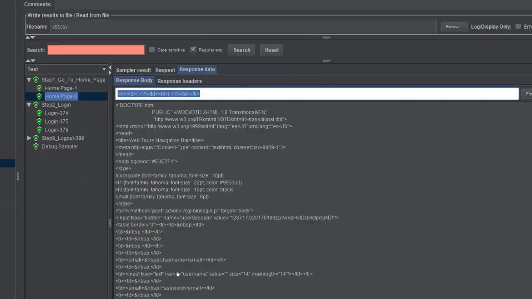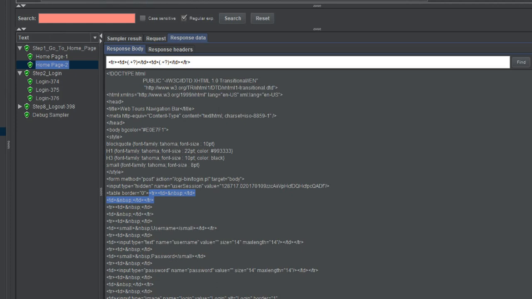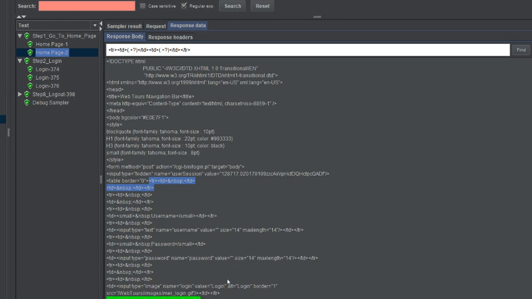Now why I have chosen this value is, if you see over here, we have a combination of TR TD. We have TR, then we have TD, then some value, then TD close, then TD open again, then some value, TD close, TR close. So we have this kind of format over here. Then why is it picking up only this one line and not this line?